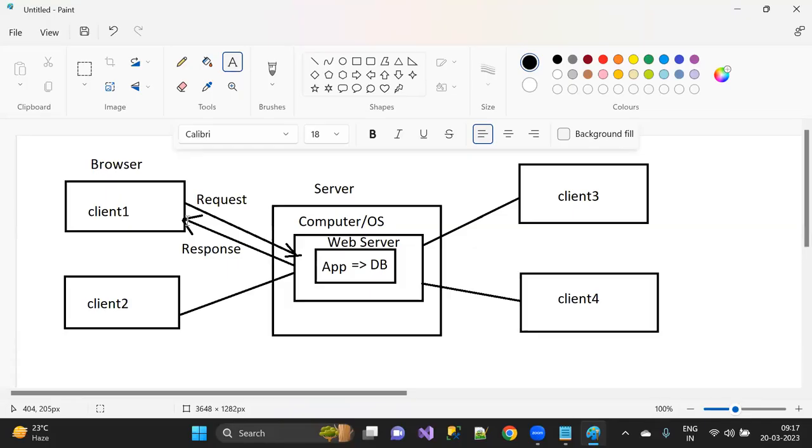So that means whatever importance we have for the application which is available on the web server, the same importance is required at the browser level as well, right? Because whatever application you have written, let's say 1,000 lines, 2,000 lines, or 10,000 lines of code, it doesn't matter at all.